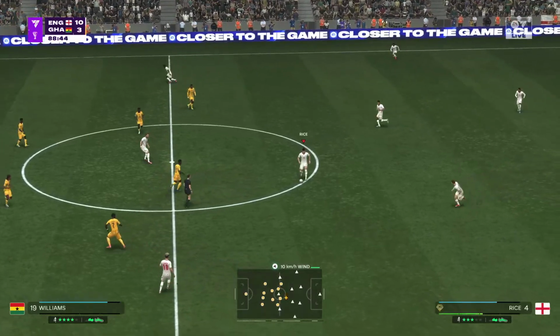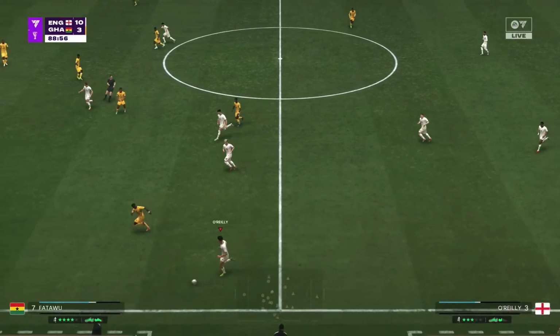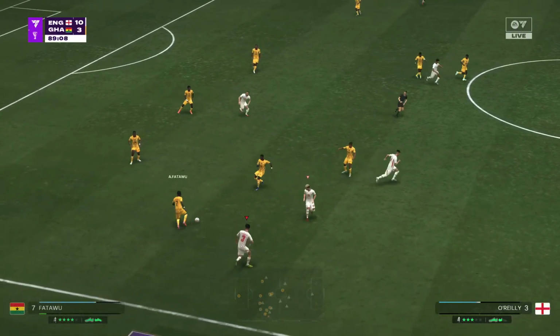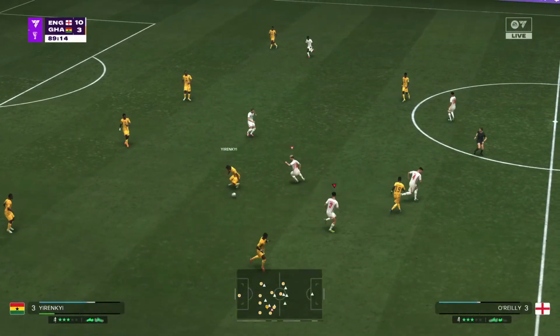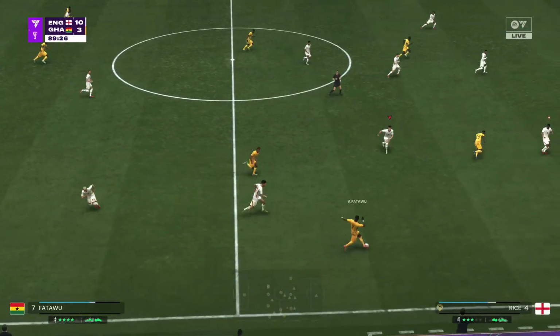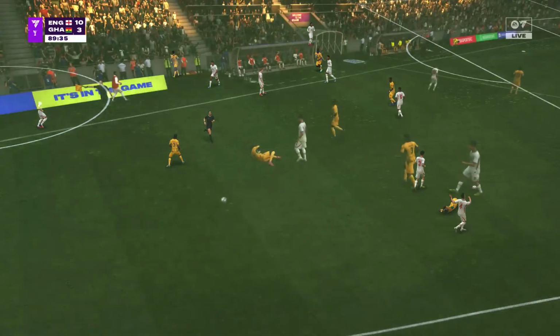So on with the game, and I'll tell you what, I'm not sure we could be entertained anymore. Gordon. Now, options are plenty. Well, not much doubt about that decision.